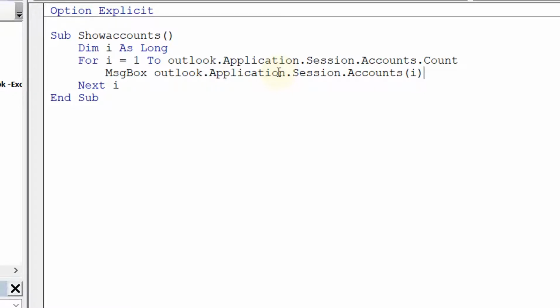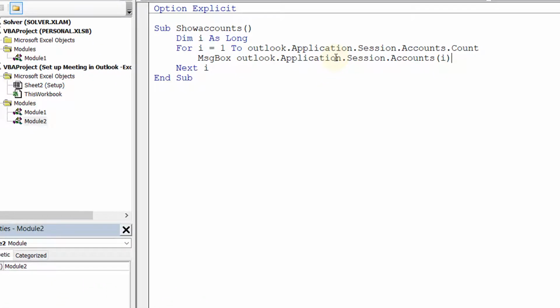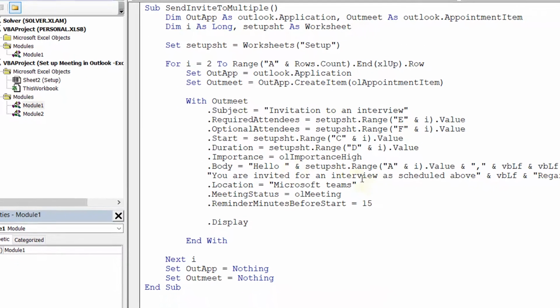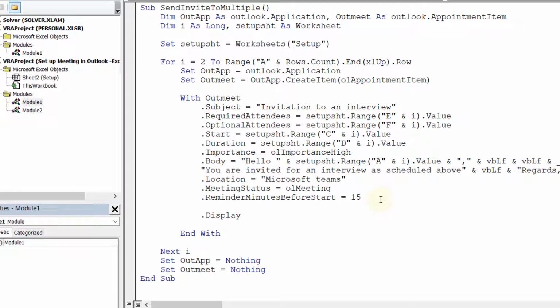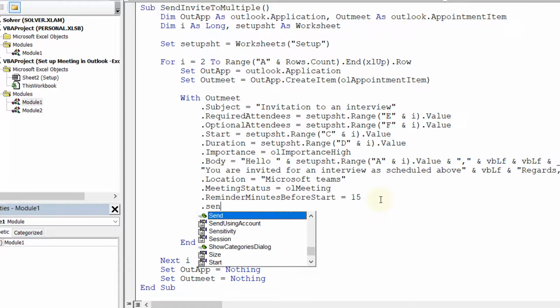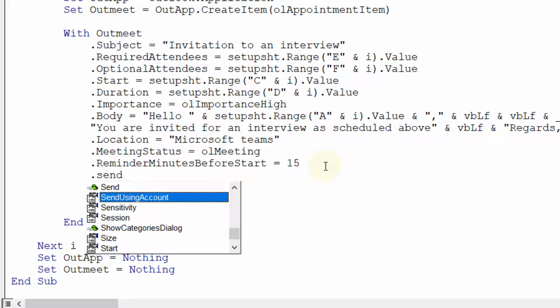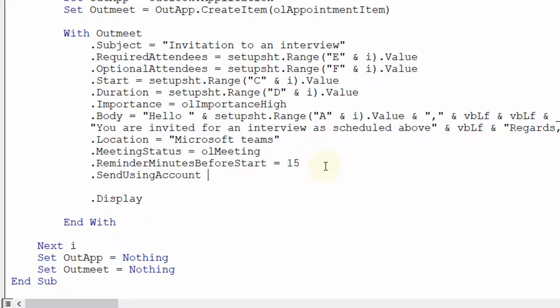Once you know that, you can go back to your primary code for creating the meeting invites, and then you're going to use a property called SendUsingAccount, and we can include that in there. So let's go back to our primary code. Let's say this is the code here. What we would just do is add a property in here, which is Send. You can see UsingAccount, right? Now, when you send using account, you can't just type the name of the account as text, because you know the email address, it doesn't work that way. So you still have to link it through